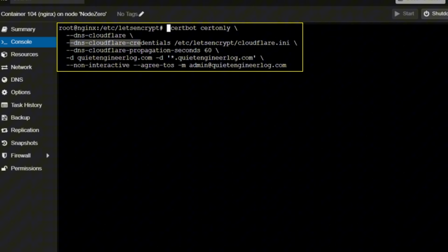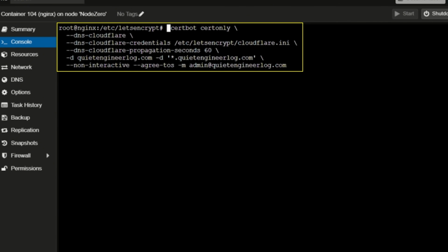And then you have the DNS Cloudflare credentials. This is basically just pointing to the file that we set up with the API key, so this guy is able to communicate with Cloudflare and log in with no issue. And then we'll tell it to wait for about 60 seconds after the plugin has updated our DNS and done the TXT record and all that stuff. We say wait 60 seconds before we move on to the next part,